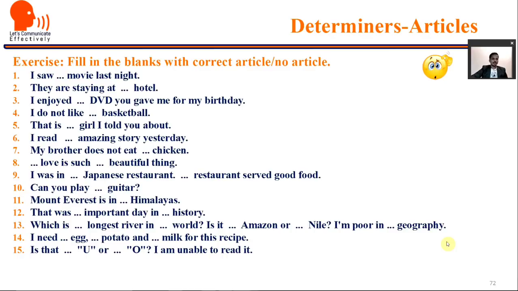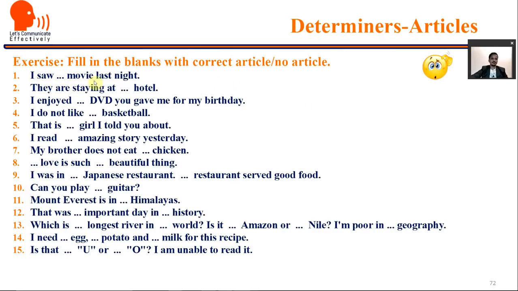Now let us do the last exercise of part 2 of the first video of the first course itself. So the same thing: just pause the video and note down your answers in your notebook or on paper. Be ready with your answers.